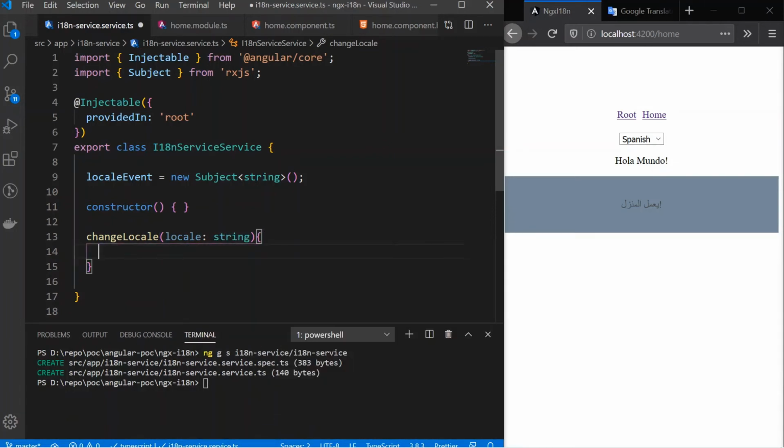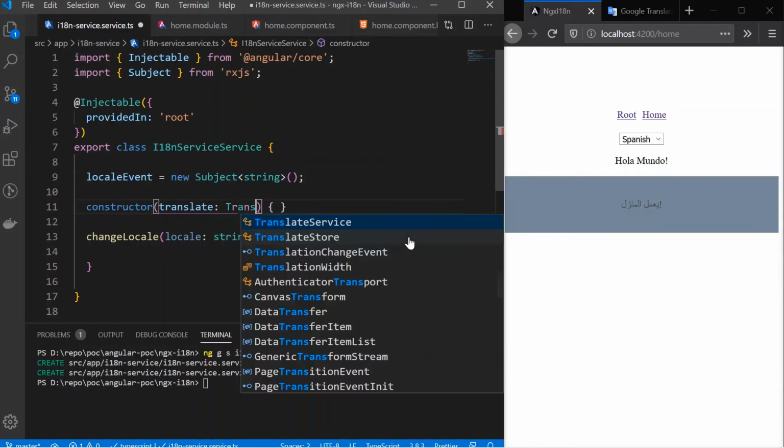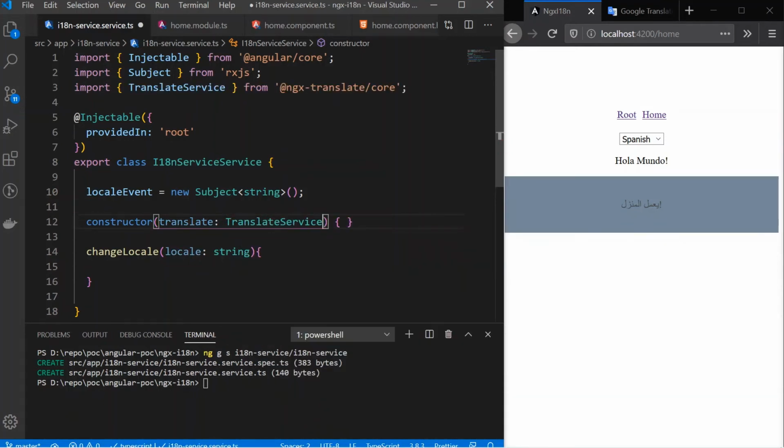and change the language. So we also need translate service, so we'll use the translate service here from ngx-translate, make it private so that we can use that here.